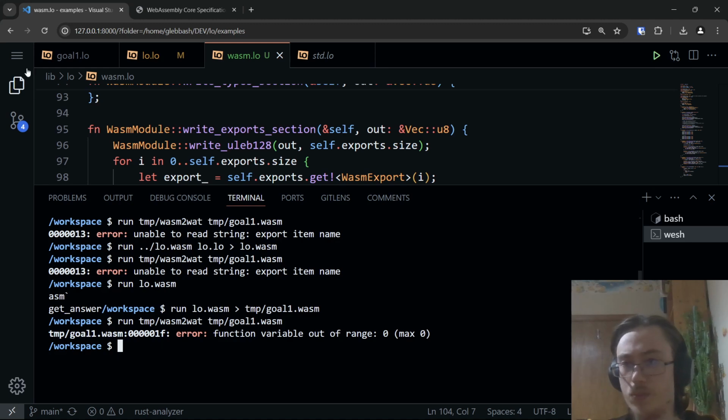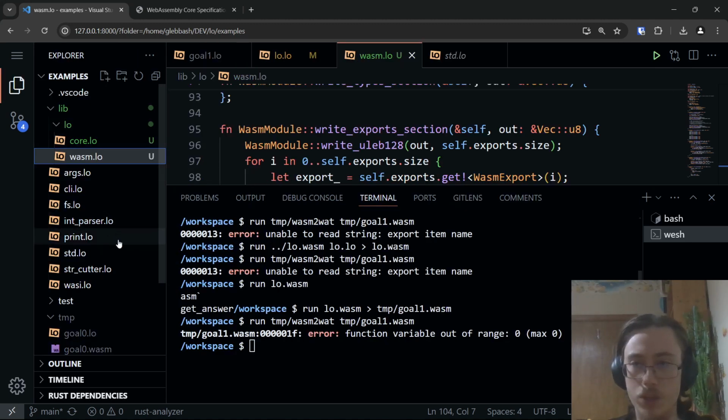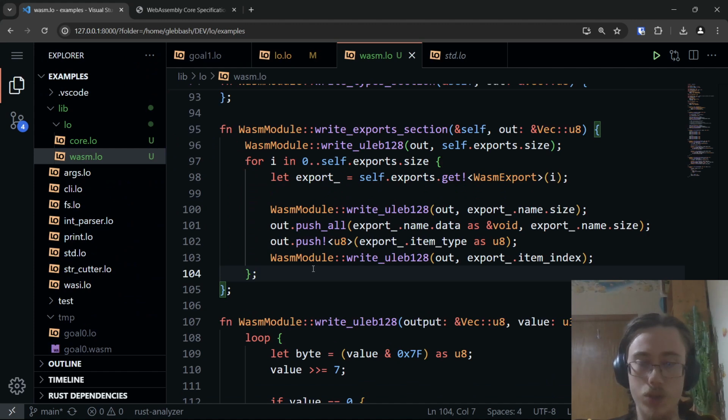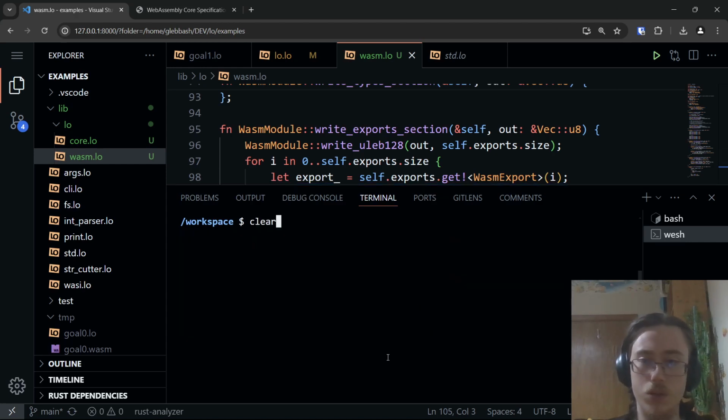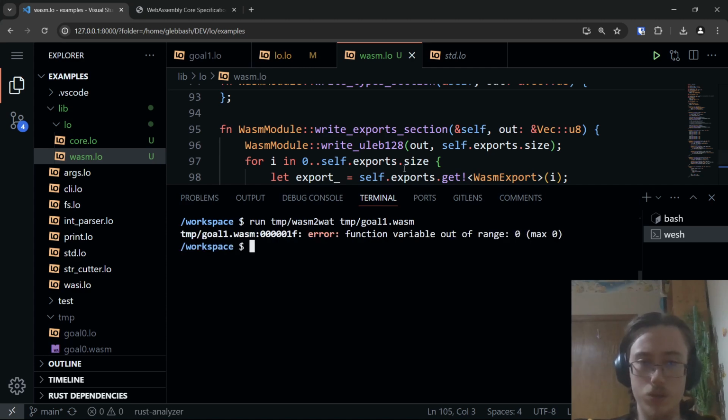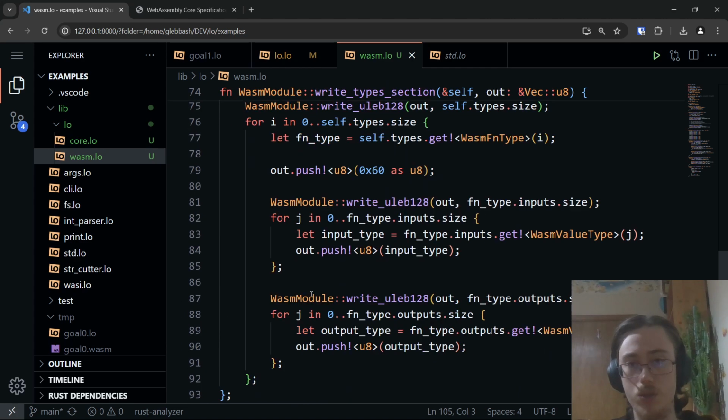So my guess is what that means is we are trying to export a function which does not have the code defined yet. So it is basically empty and we try to export it, which, yeah, makes sense. So let's proceed to